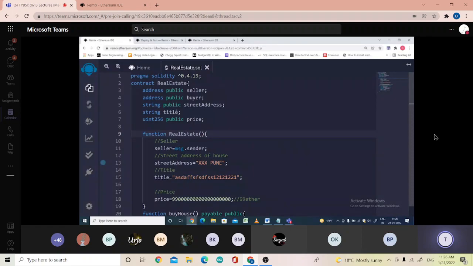Now, out of this, the first line you will see is called a directive. There is a pragma directive, it specifies which solidity version we are using in writing the smart contract. Now here I have written